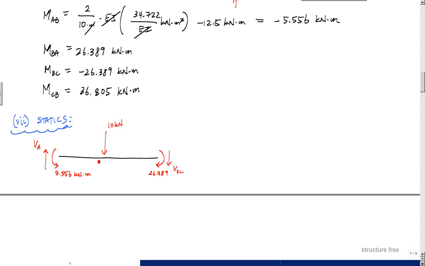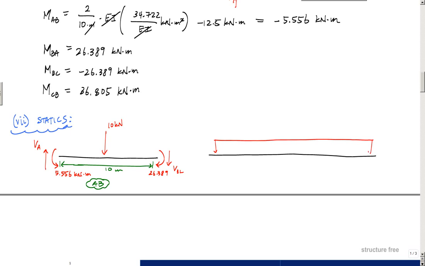So this is member AB, and again, this is member AB. And the length of this member, I believe, was 10 meters. All right. And here for member BC, which was much longer, I had a 1 kilonewton per meter load,